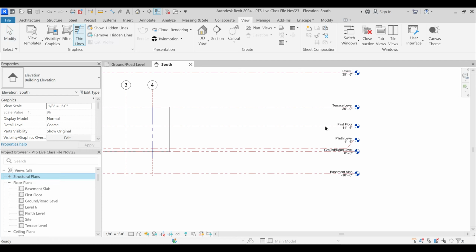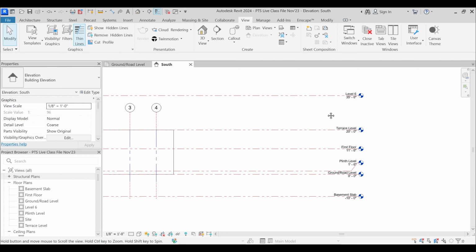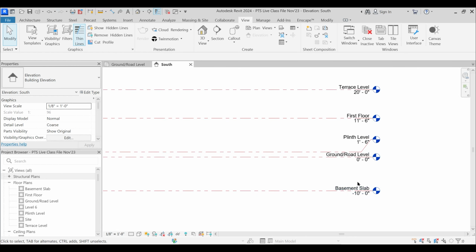Apart from this, there was one thing which I forgot to show you, how to create levels, authentic layers, and yeah, fine. You see that this basement slab, ground level, plinth level, first floor, terrace level follows some hierarchy.